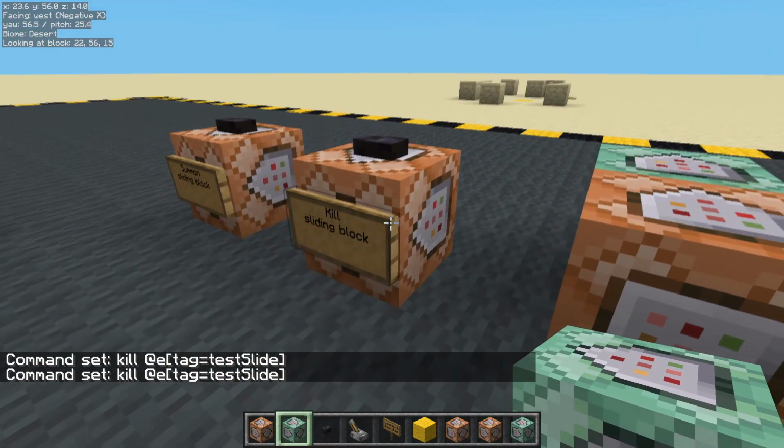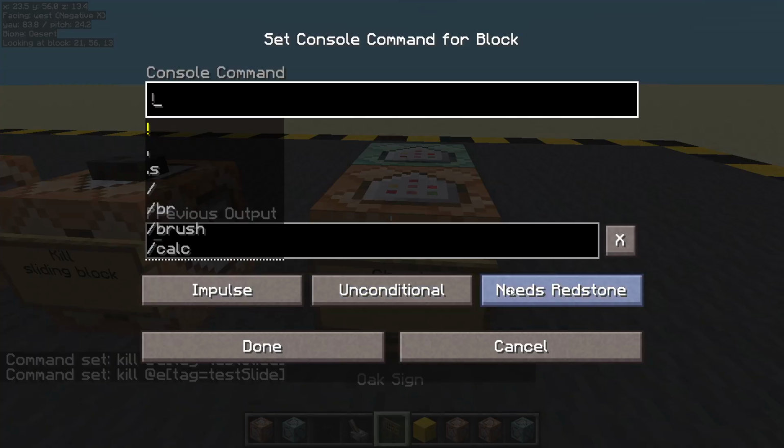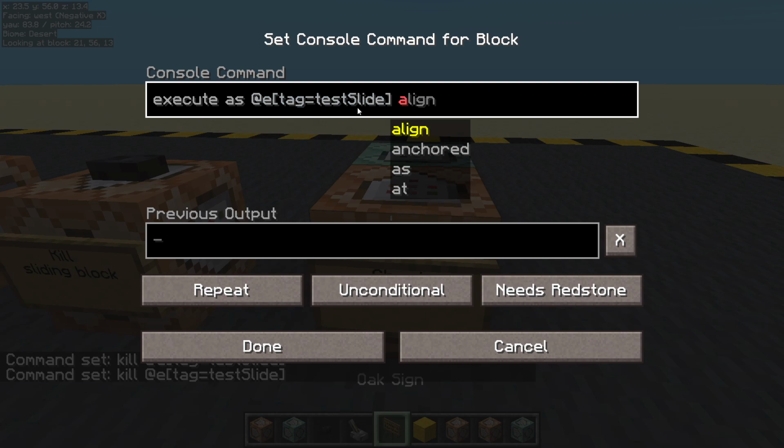So if he goes out of bounds, check out of bounds. You are going to be repeating. I'll put a lever on top and we're basically going to check what block is underneath him. So I'm going to check for grey wool. So execute as any entity whose tag equals testSlide at that entity